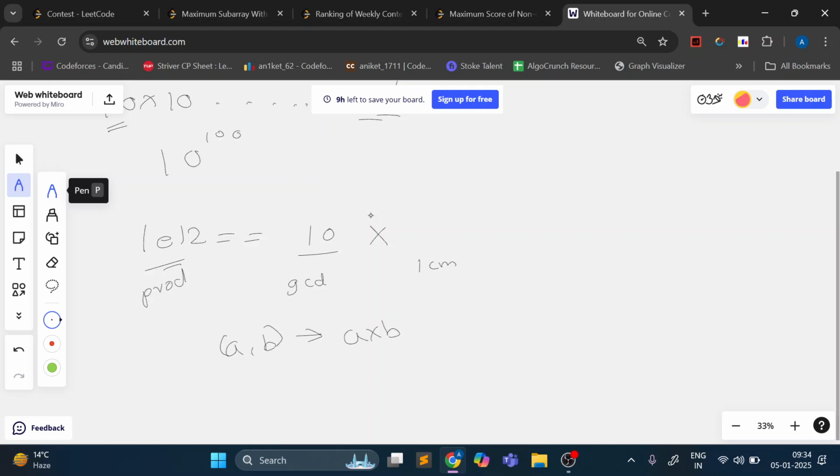So an example of this can be, let's say, 2 and 7. 2 and 7 have LCM as 14, because there is no other element before 14 which is a common multiple of both of them. So the maximum value of LCM of two elements can be A into B. Similarly, in this case, what would be the maximum LCM? It would be